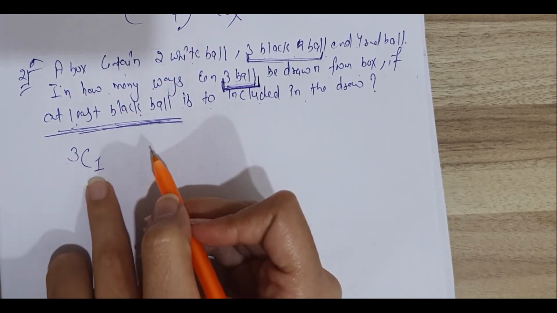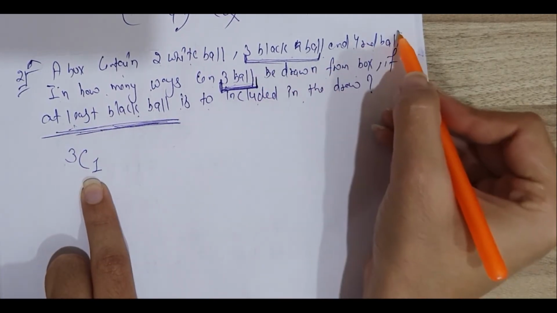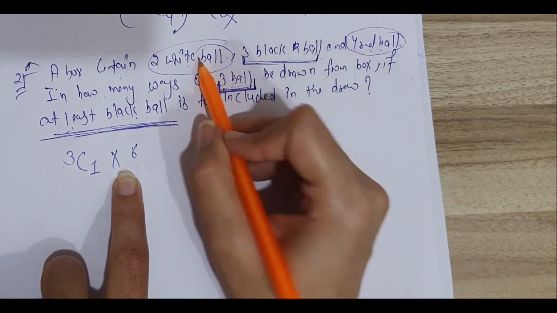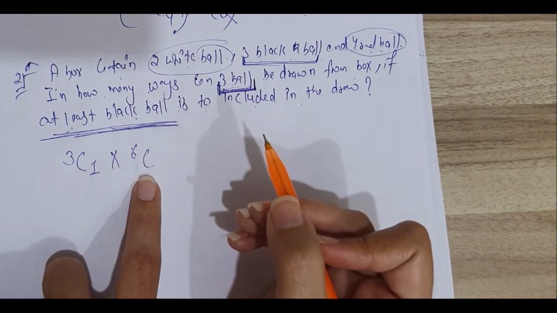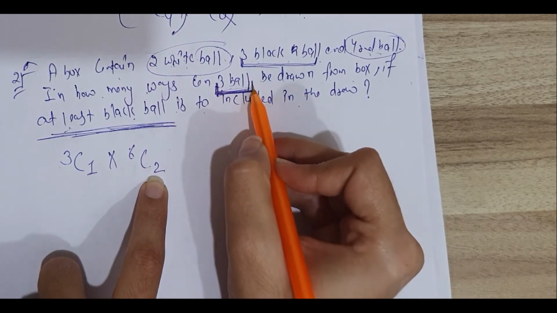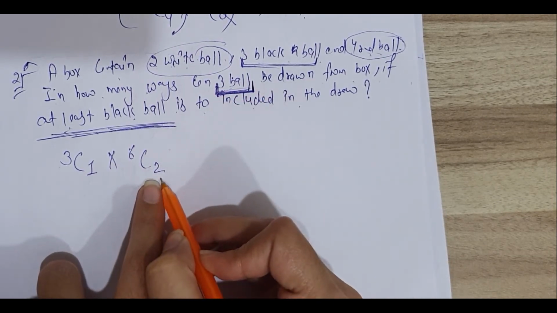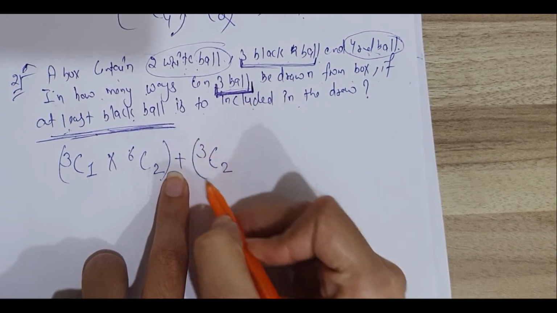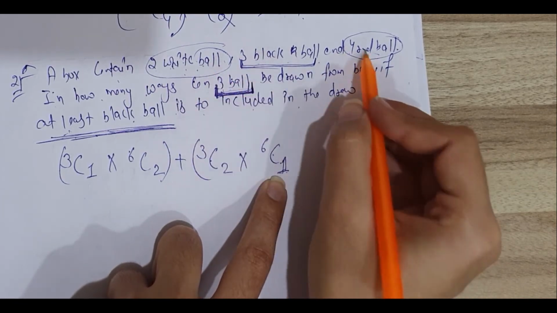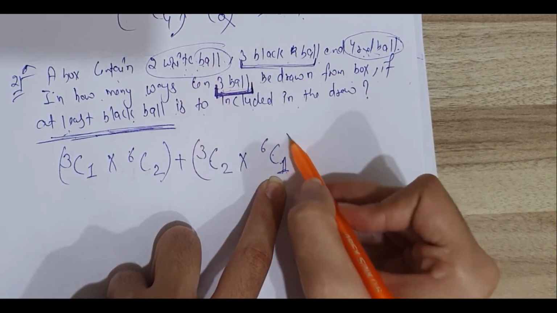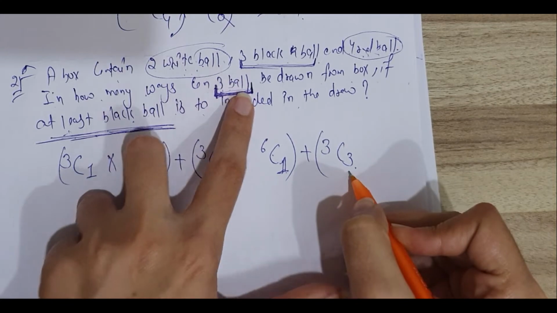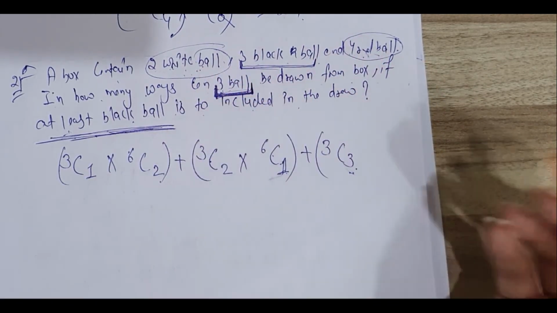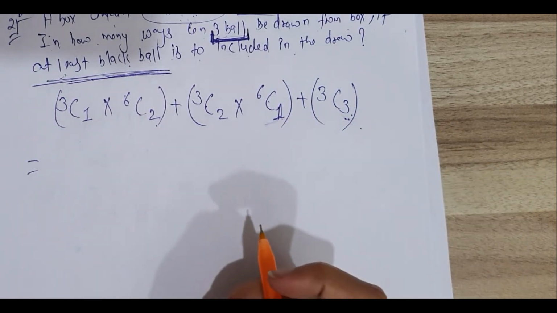3C1, if we are taking 1 black ball, then they are not saying anything about these balls. So we add that. It means that from these 6 balls, any of the balls we can draw. We have to draw 3 balls, it's mandatory. Then 2 balls we can draw from any of the colors. If black balls are 2, then we can draw 1 ball of any other color from red and white. If we draw 3 black balls, it means that no need to draw any ball from these 2 colors. Now solve it and you will get your answer.